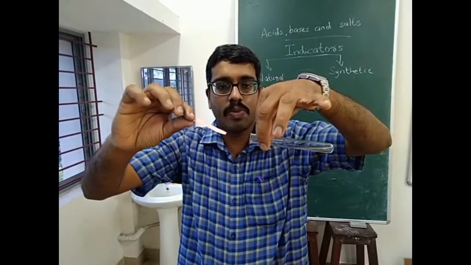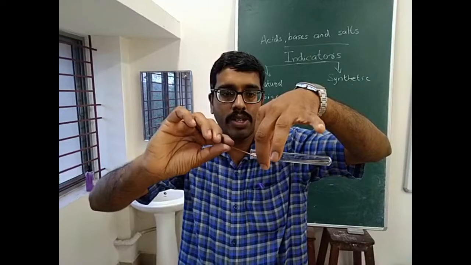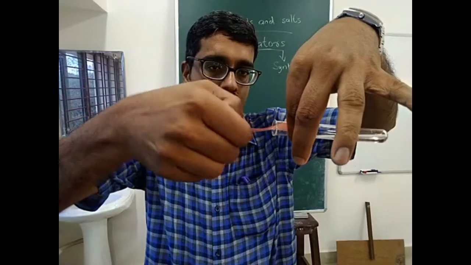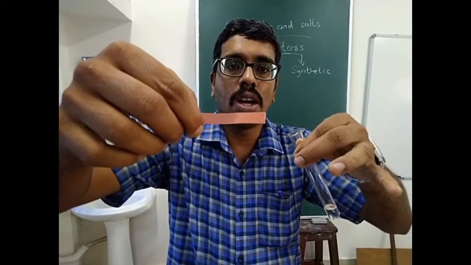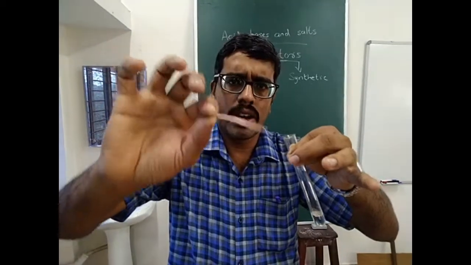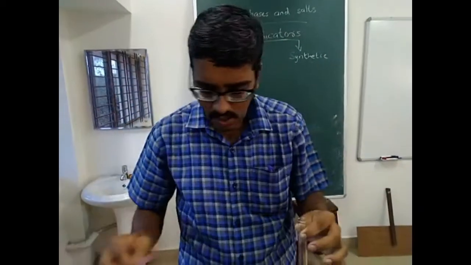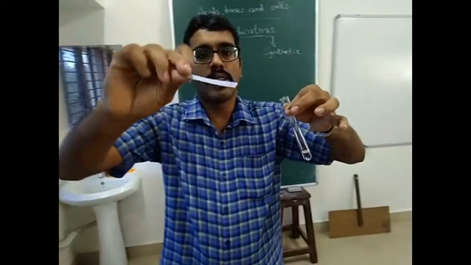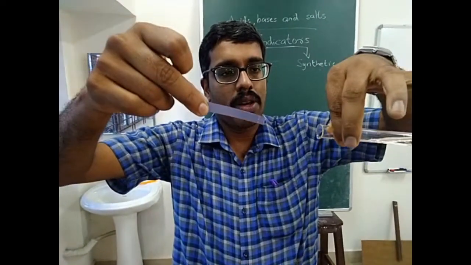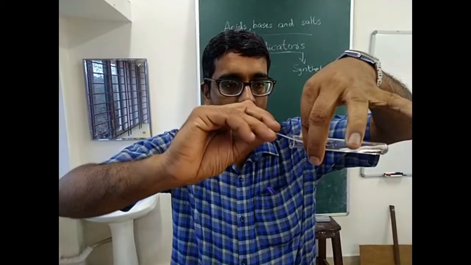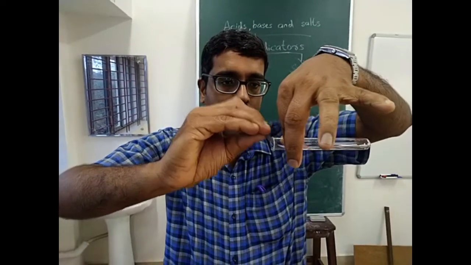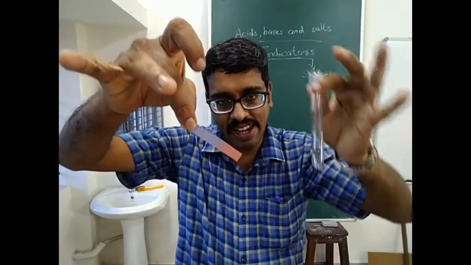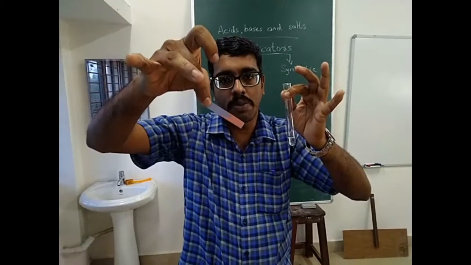I am tilting the test tube and immersing. I will try to insert one red litmus into it. Now it is touched. You can see there is no color change, no coloration happens. Red litmus remains red only. Now we are using blue litmus. You can see it is a blue colored litmus paper. Again I am inserting the blue litmus into the test tube containing dilute hydrochloric acid. You can see the color change. The blue litmus turns red. It indicates that acids turn blue litmus into red color.